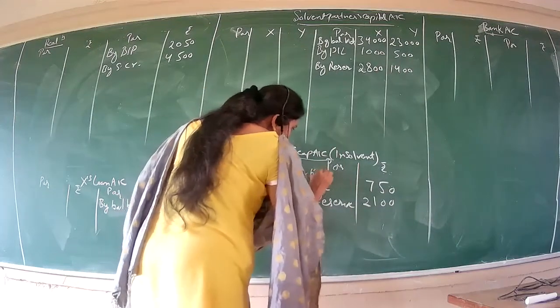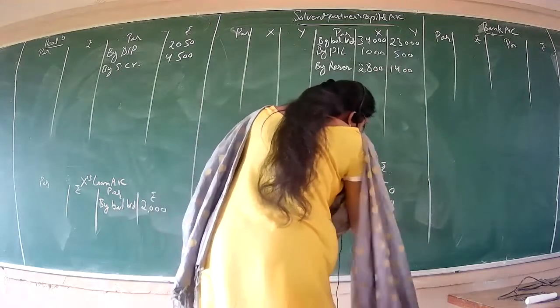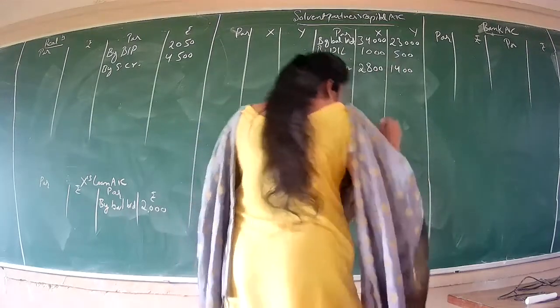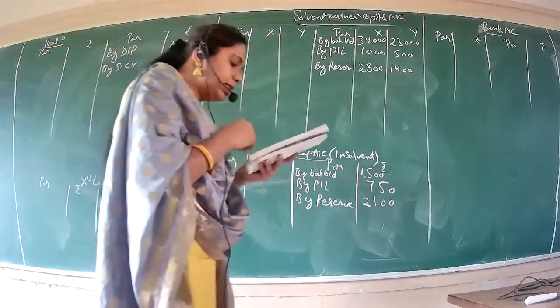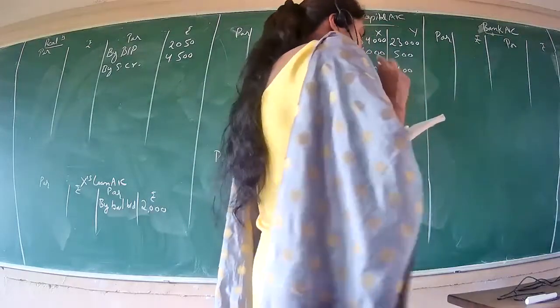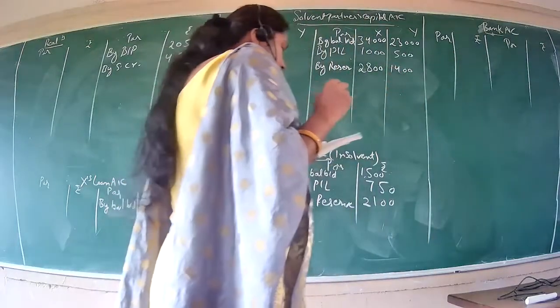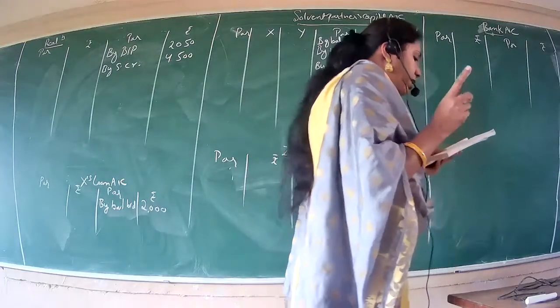By balance brought down, entry in your insolvent partner account, 1,500, his capital from the balance sheet. So with this, all the items on your liability side are over. Now coming to your asset side. If you check in the question, the very first item is cash in hand, 500.